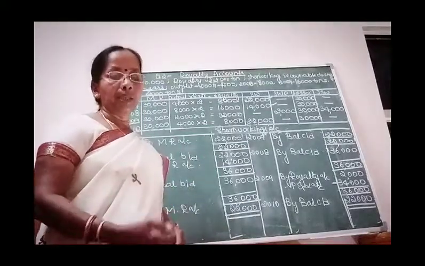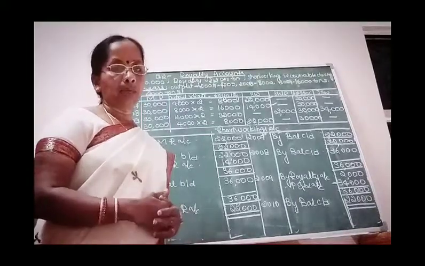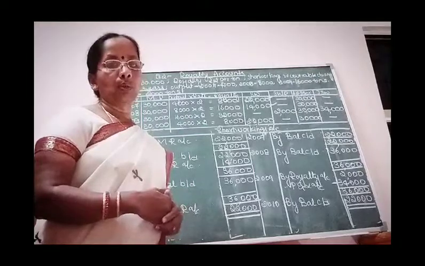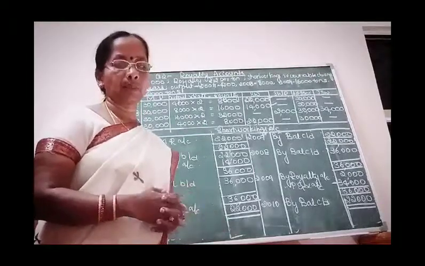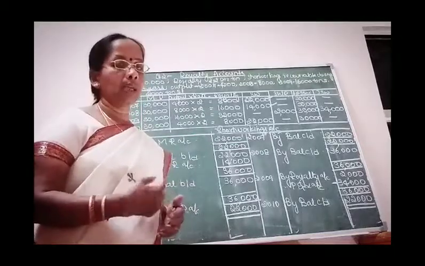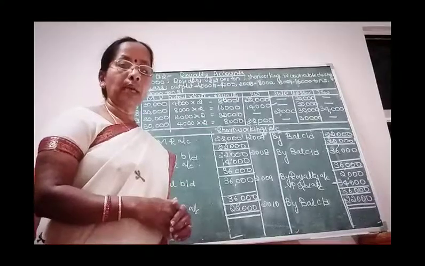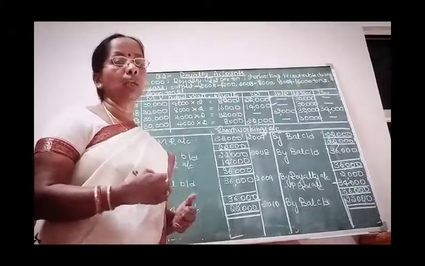But in the coming sessions, we are going to talk about a little more additional topic, because I wanted you people to know about the journal and ledger first. So now 2 analytical tables, 1 ledger, 1 journal we practiced. So in the next class onwards, we are going to directly talk about some additional and new topics.